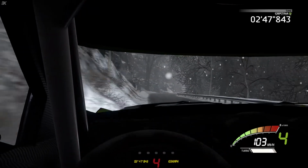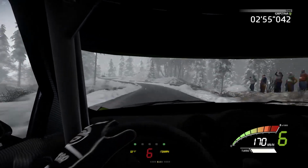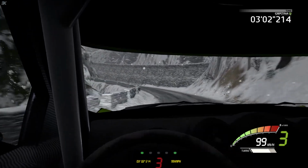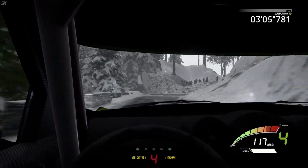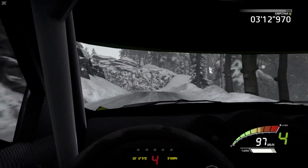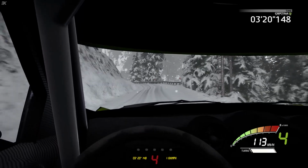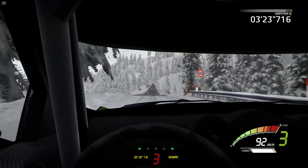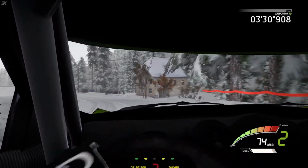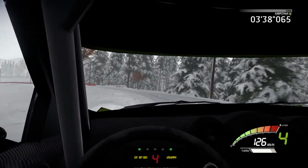Into right 7, 30, right 7, long, into tunnel, tightens, 60, left 5, into right 3, opens, keep in, and left 5, tightens, short, 40, caution, acute hairpin right, 50, left 4, short, and right 4, tightens, slow, and left 9, 30, left 4, opens, over crest, into square right, widens, tarmac, and square left, opens, narrows, snow, 40, right 7, into left 7, tightens, 30, left 7, long, 100,